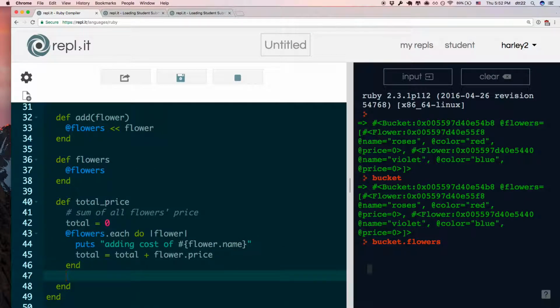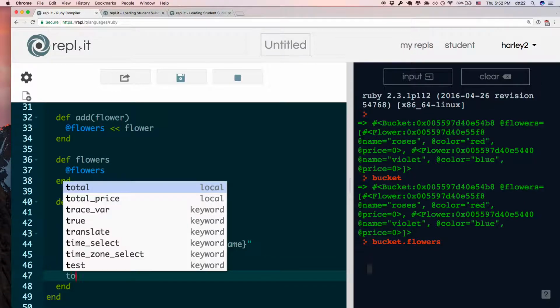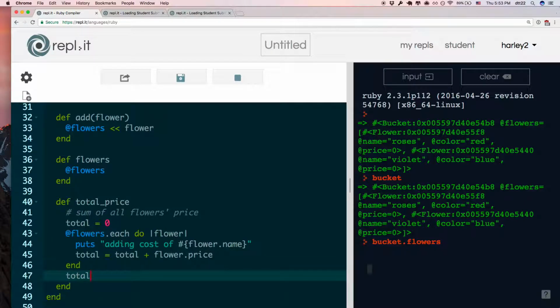And don't forget the last line in this method. You put total. Why do I put this total here? This is the last one so that total price will return this value. Last line is the same as saying return. It will end the method with this total. Okay? So if we try it,